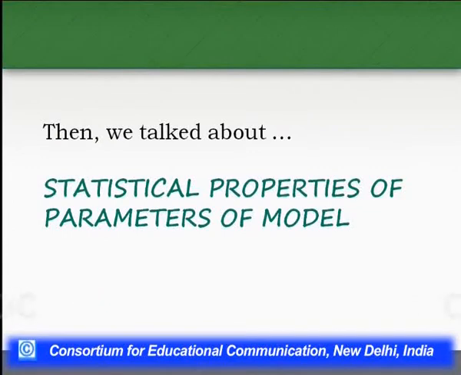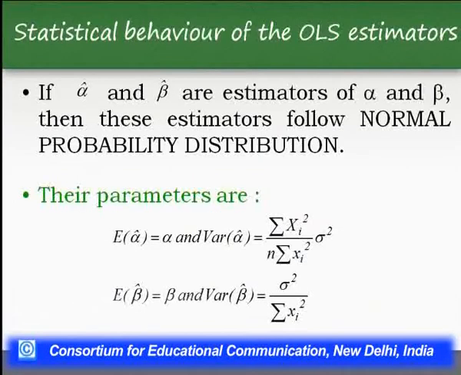Then we talked about statistical properties of the parameters of the model, the statistical behavior of ordinary least square methods. If alpha hat and beta hat are the estimators of alpha and beta, then these estimators follow a normal probability distribution. I repeat, if alpha hat and beta hat are the estimators of alpha and beta, then these estimators follow a normal probability distribution. Their parameters are E of alpha hat is equal to alpha, plus